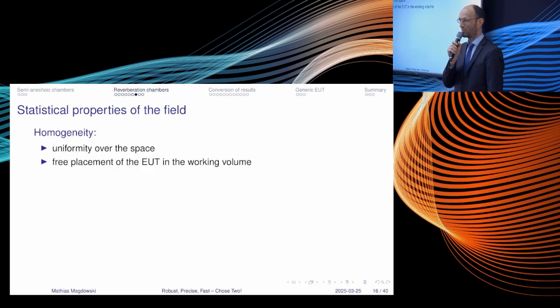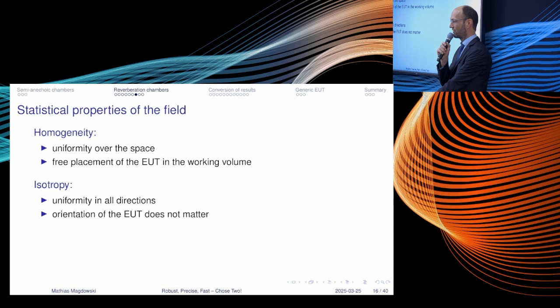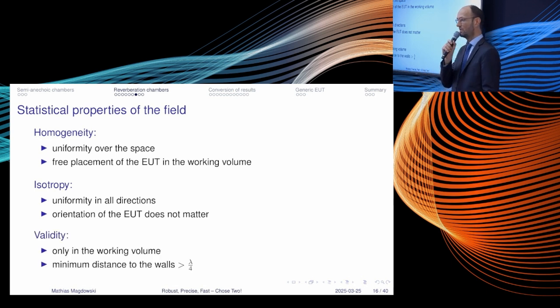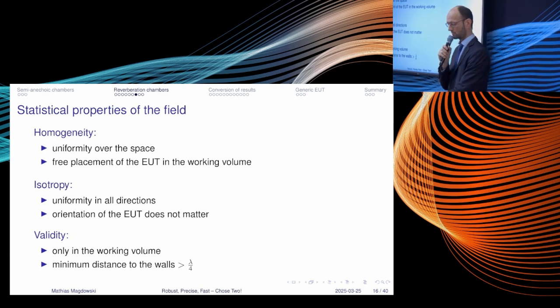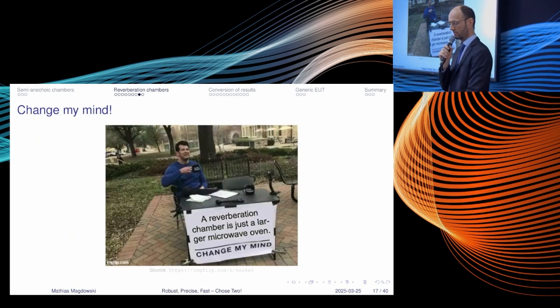And yeah, so the properties, as already mentioned: we want to have a homogeneous field. The field should not depend on position, which allows us free placement. We want to get an isotropic field, so the direction of the EUT and of cables and stuff like this should not really matter. And this is, of course, only valid if we are at a certain distance from the walls. Close to the walls, the field will not be homogeneous and not be isotropic, because the boundary condition at some metallic wall is always that the tangential electric field and the normal magnetic field must be zero. So you need to keep a certain distance from the walls.